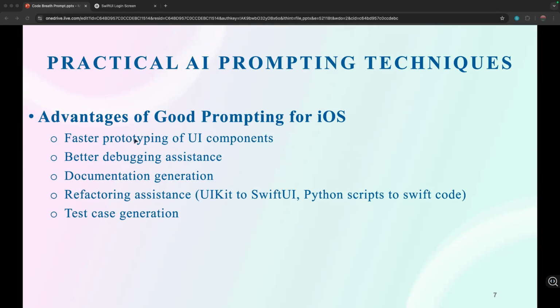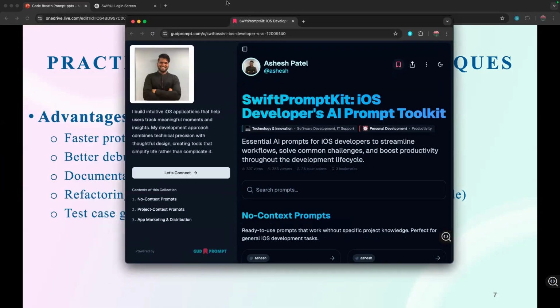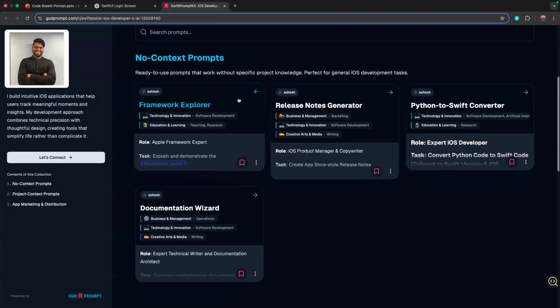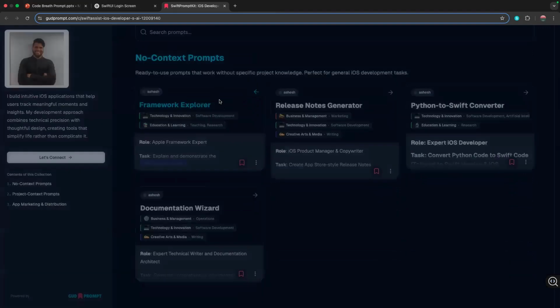For that, I have created a prompt collection, and I will share the link with you at the end of this session. I can show you one example from the collection. Let me go with the framework explorer.